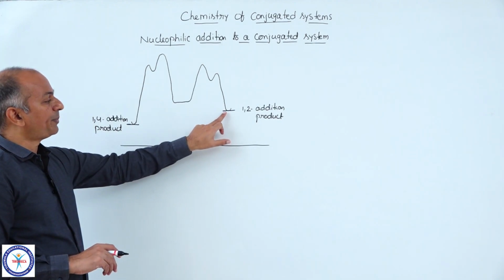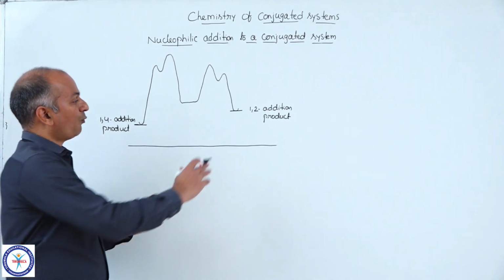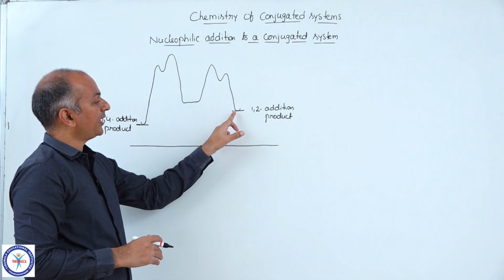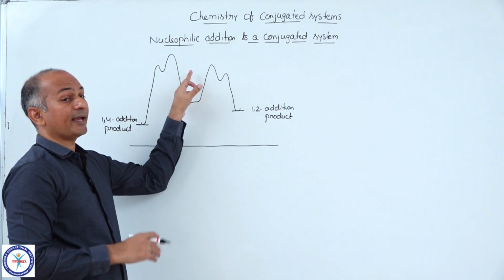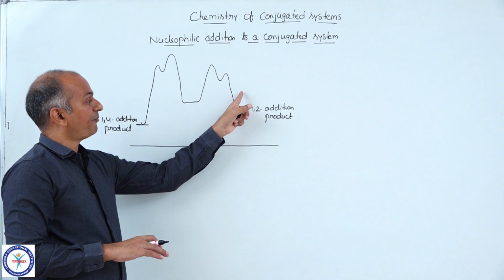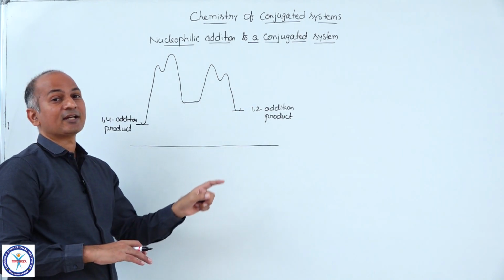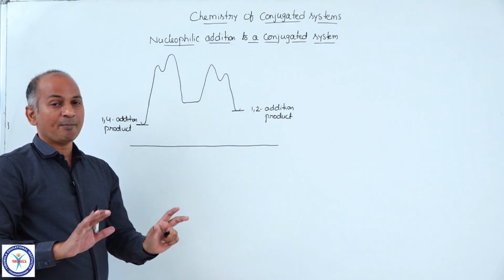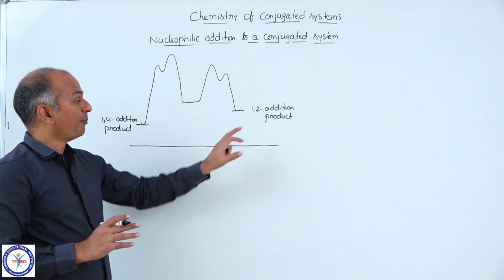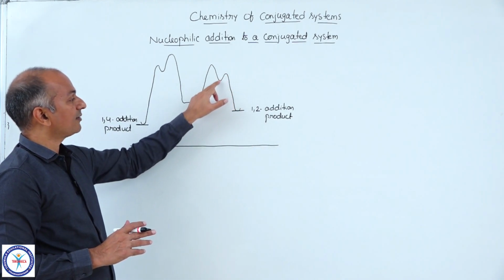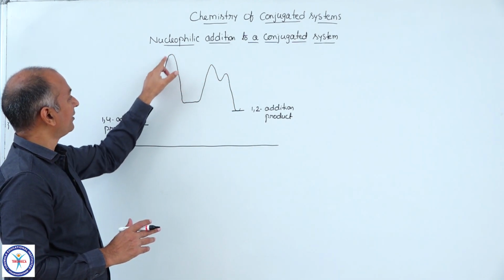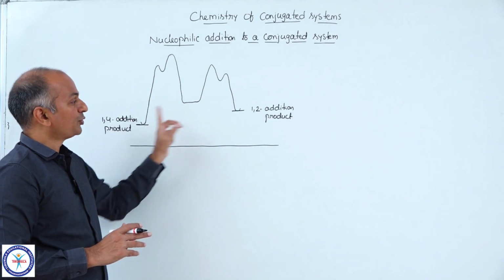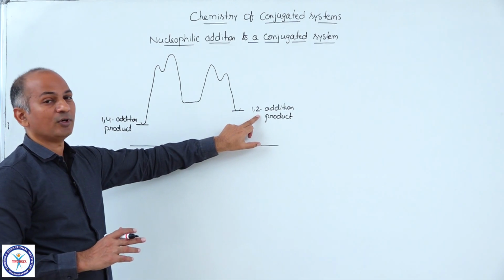And suppose you perform the reaction at low temperature, the 1,2 addition product will be the major. And once a product comes here, it does not go back at low temperature, because the backward reaction involves higher activation energy compared to the forward reaction here. So at low temperature, it is not possible. But when you increase the temperature, yes, many of these molecules will go back, and they may go in this particular path, because the 1,4 addition product is more stable. So this is kinetic control.